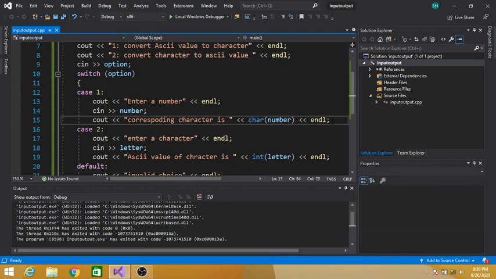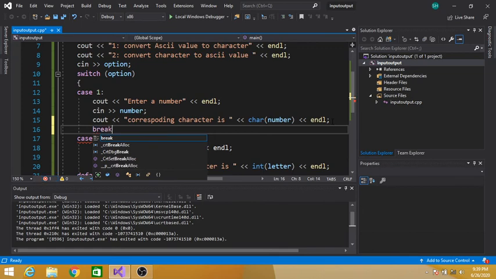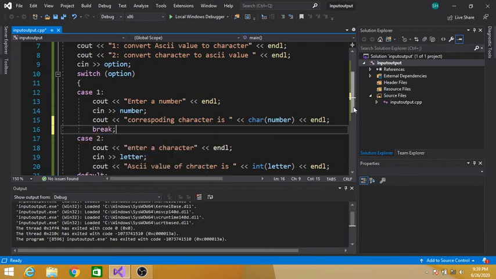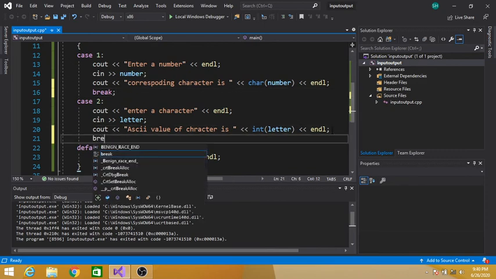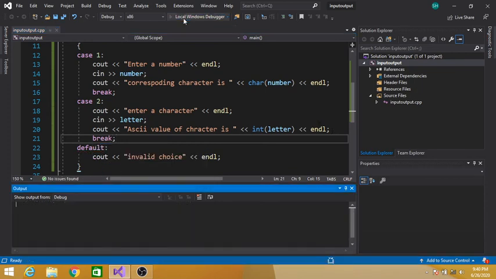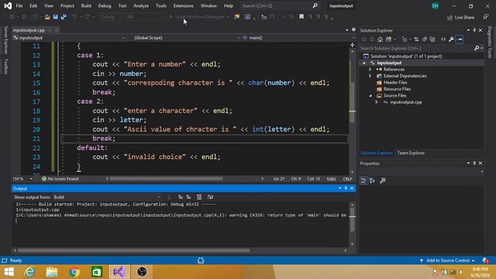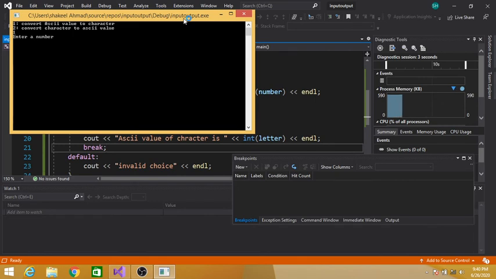So we have to place a break statement here. Also here, break. Let's run: enter a number, 65. Now the corresponding character is A and our program is terminated.